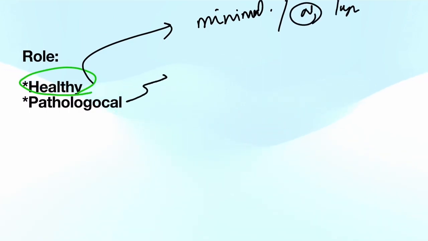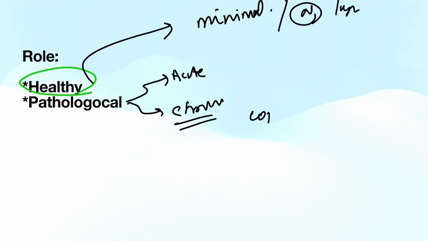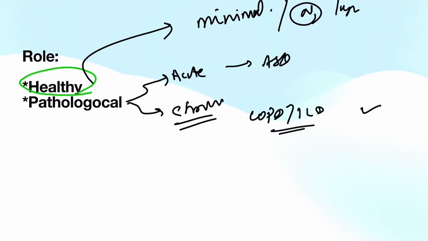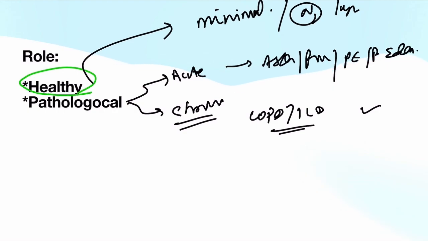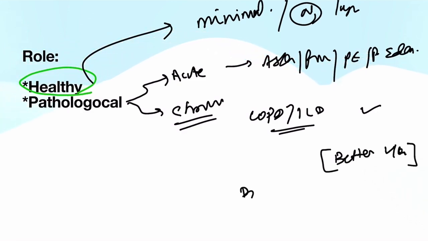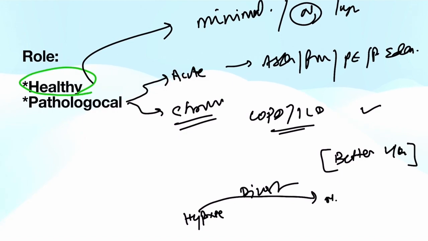But in pathological processes like some acute and some chronic diseases like COPD and interstitial lung disease, its role is definitely there. Also in asthma or pneumonia or pulmonary embolism or pulmonary edema, it helps in maintaining a better ventilation perfusion matching by diverting blood from hypoxic region to normal,